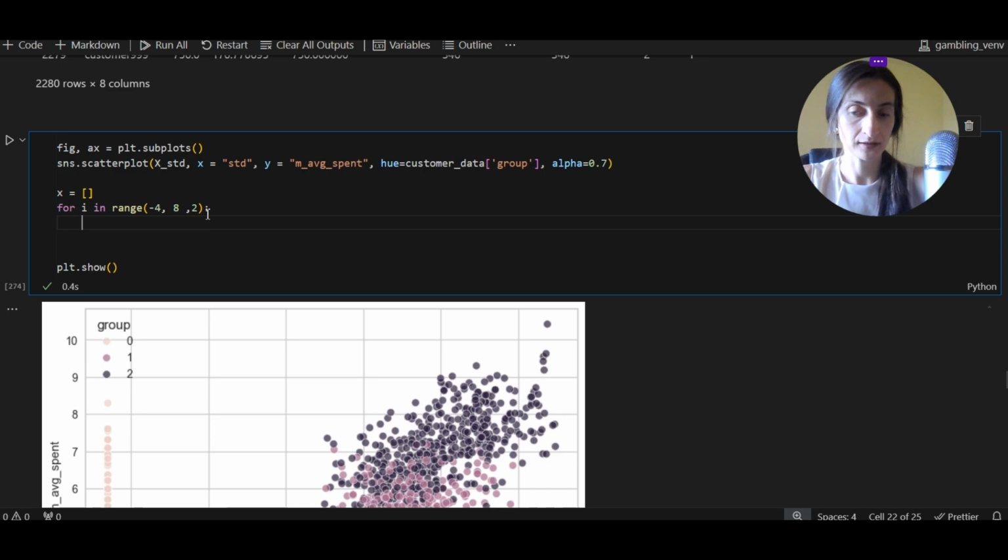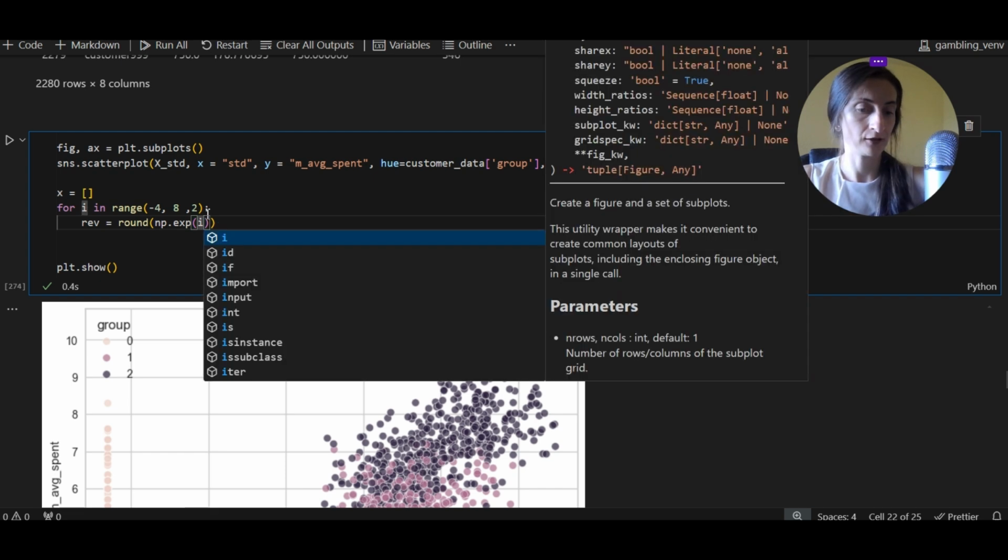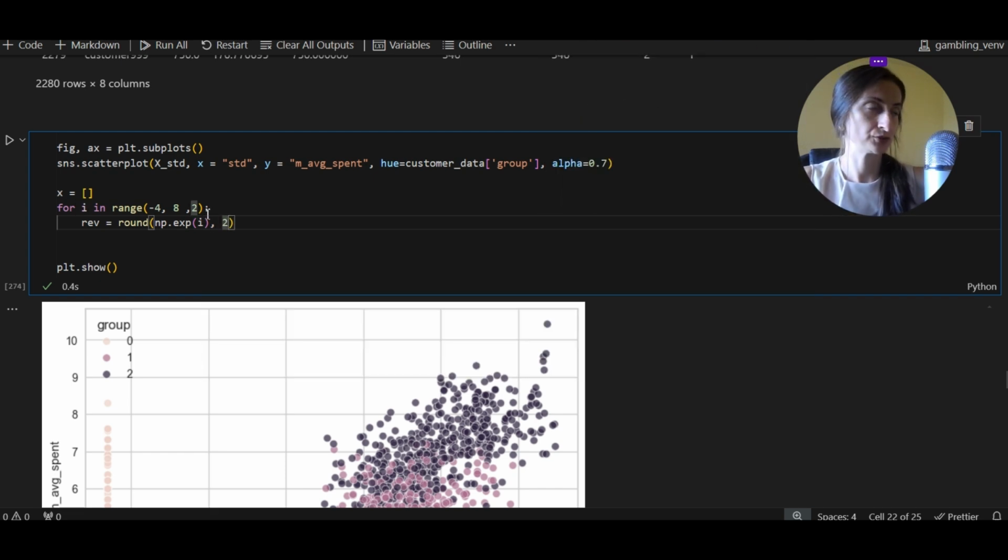We are going to calculate the reversed value, which is going to be, we will round it, but it is going to be the exponential of the I value, and we are rounding it to 2 decimals,